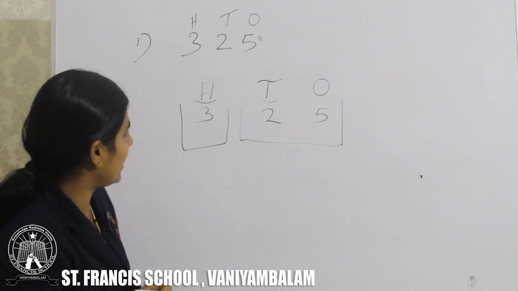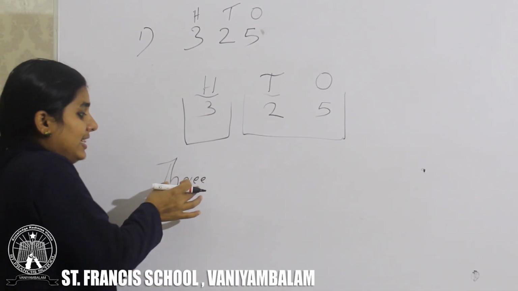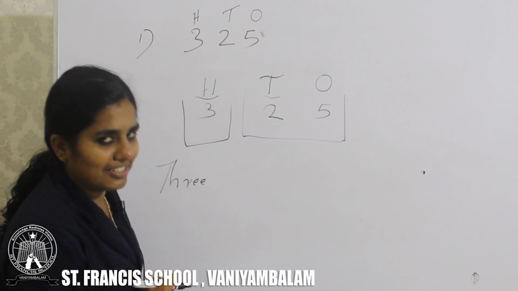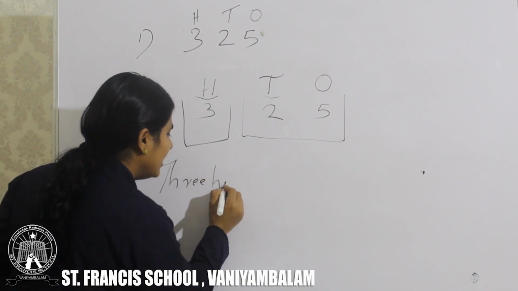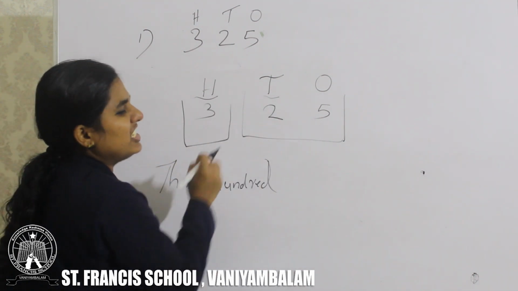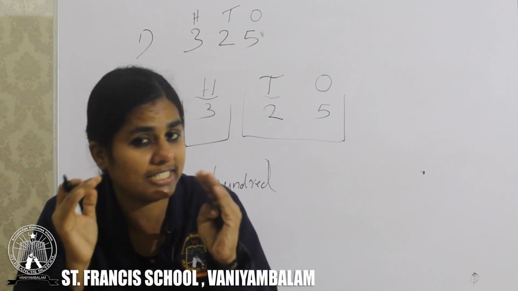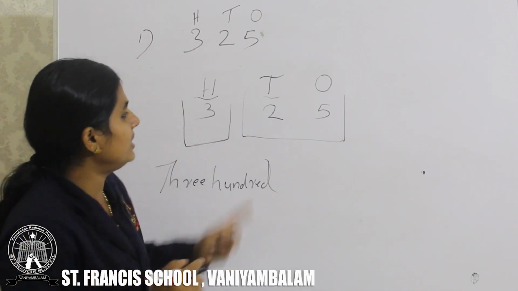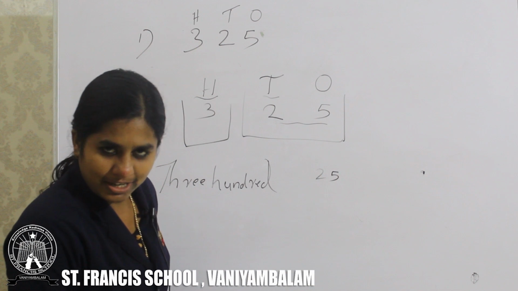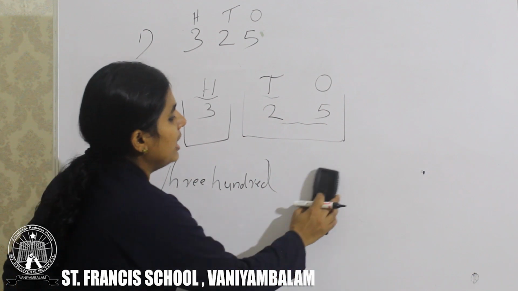Number 3. Then you write here 3, T-H-R-E-E. This 3 stands in which place? Hundreds. That also you want to write together: 300. Okay, this is correct. Next one, the tens and ones. Every time I told you, tens and ones we want to take together. That means this is which number? Not 20. This is number 25.